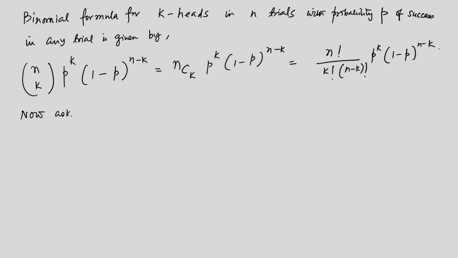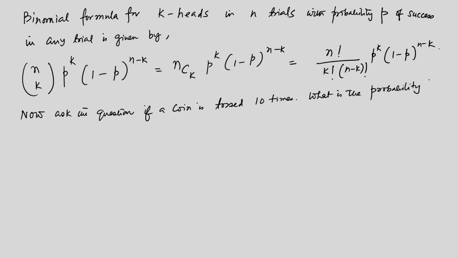Now, ask the question: if a coin is tossed 10 times, what is the probability to obtain either 3, 6 or 9 heads? Okay. So, the first one for 3